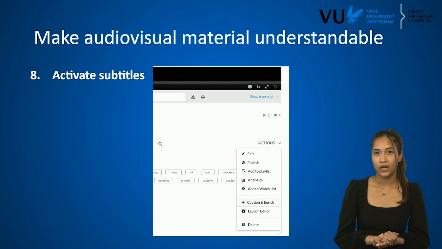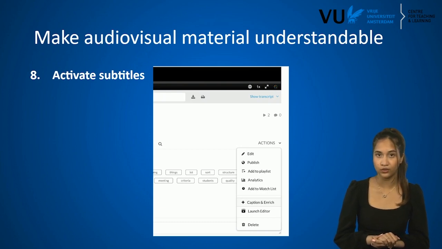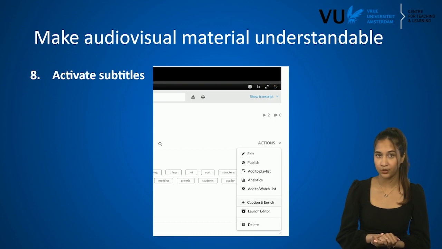In Kaltura, the video platform used by the VU, the default setting is that automatically generated captions are not available. So you will have to turn the option on yourself. You can only do this when you have the rights to the video, so when you have the possibility to edit the video. To do this, you go to the video that you want to add the captions to,